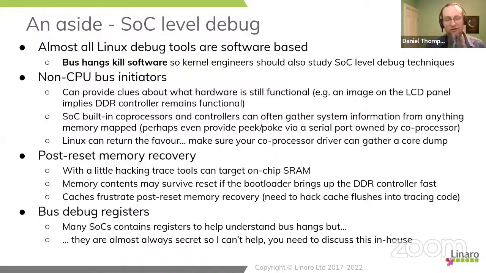The SOC vendor needs to figure out how to balance the bandwidth between all the different components in the system. They quite often have registers that help the vendor understand the bus health, particularly so they can tune the bandwidth running through the bus in different ways. They are quite often secret because the vendors have put a lot of effort into trying to tune the buses, and they are aware that some customers will try to over-tune buses and then create rather obscure bugs that makes their support very expensive.